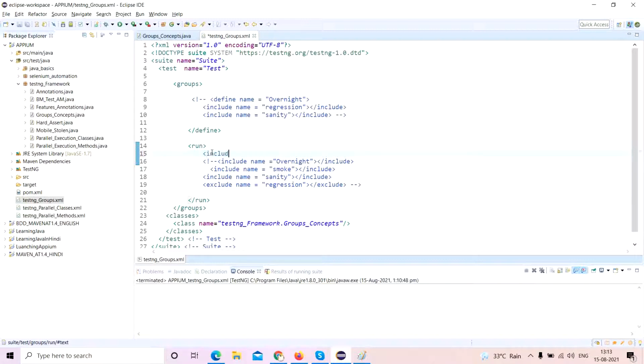So I'll include name equal to, let's say I want to execute my Windows. So you just have to use Windows dot star, and that's it. It will take care of the rest part of it. Simple. Okay, now you have not included your Linux, you have just included this part. So let me run as.